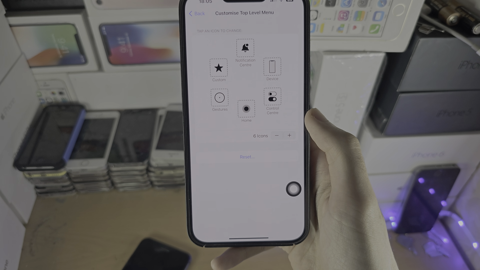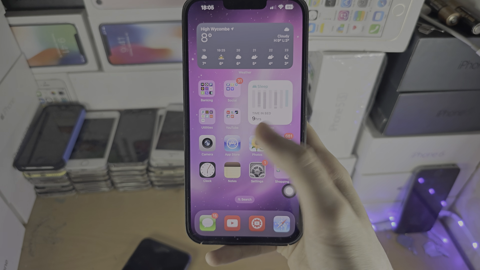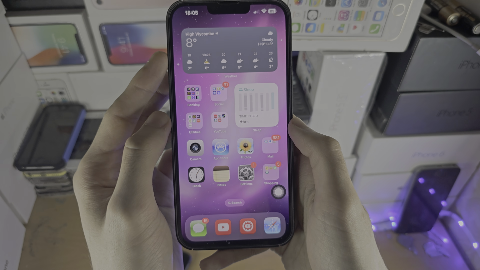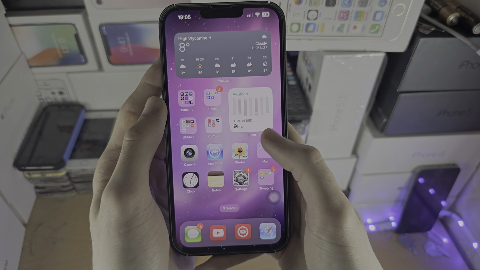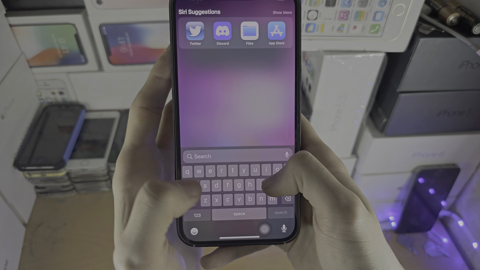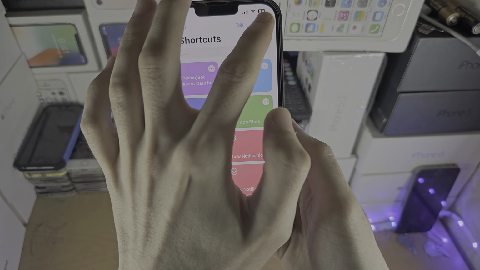But if we want to open up an app, which is what the QuickBall does, it just shows your previously used apps. The best thing we can do is just have apps we use a lot in the Assistive Touch. So if we open up the Shortcuts app, we're going to tap on the plus,